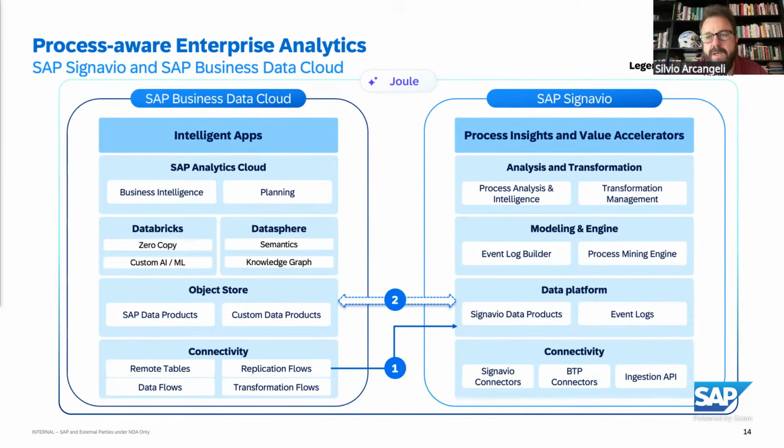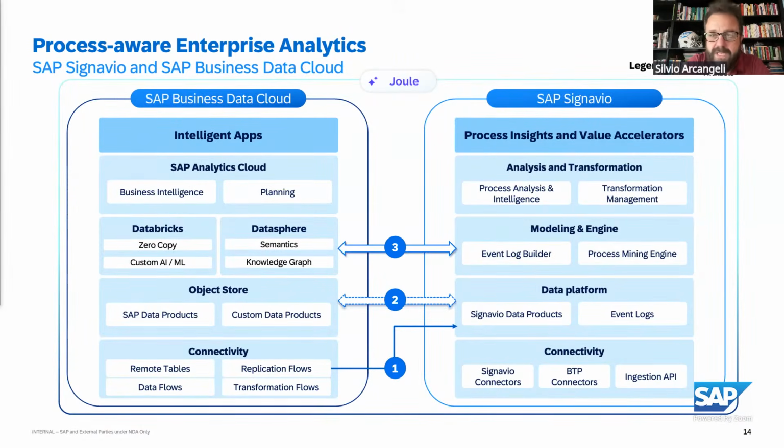So for those SAP customers who are now investing into BDC, I think this will be a very interesting synergy to look at, because it means that as soon as we work, let's say, to get proper data products from S4 and Ariba and SuccessFactors to cover the mining use cases, which is in the makings, it means that we will get the data natively straight in BDC without having to do any specific integration and ETLing anymore. And we will also then be exposing mining-driven data products back in BDC for further consumption.